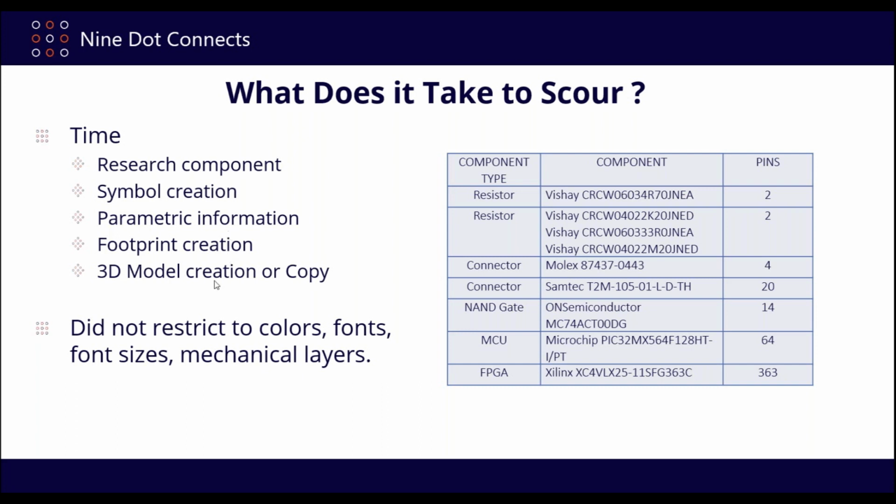Now for the model, I allowed them to copy it if it came from an outside source, if they needed to do so, just because most of our guys are electrical and not necessarily mechanical engineers. So I allowed them to copy those. For the other ones, with the exception of these 3 resistors here, I did ask them to create the symbol and the footprint using only those tools within Altium Designer. I didn't clarify this for the guys who took the survey, but if they had downloaded it from something like Altium's Vault or Octopart, which are within Altium,